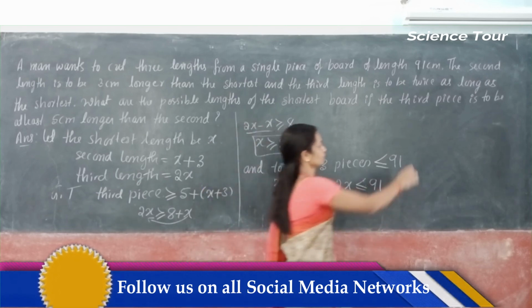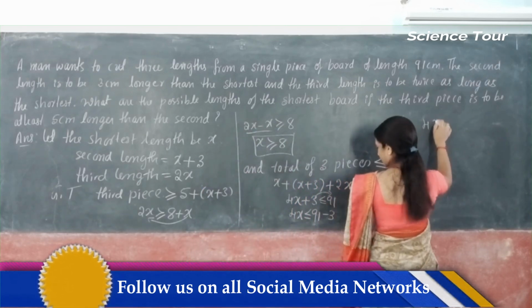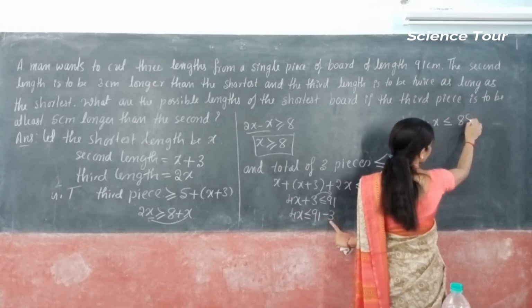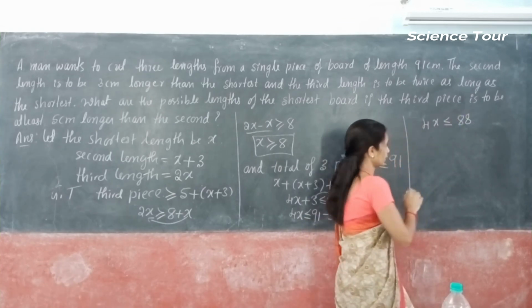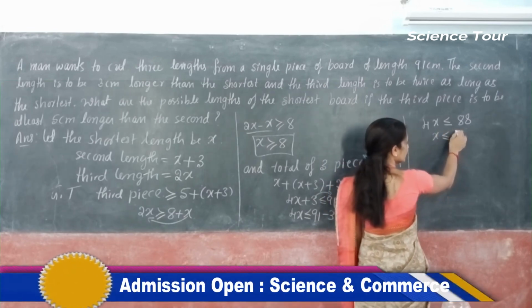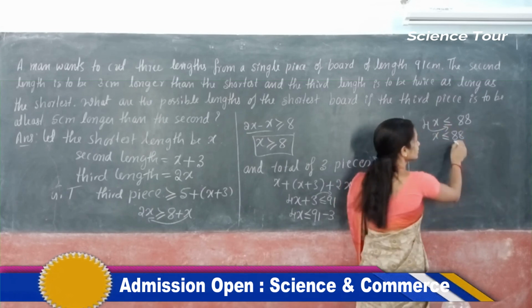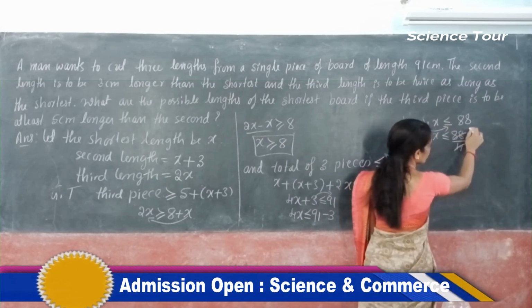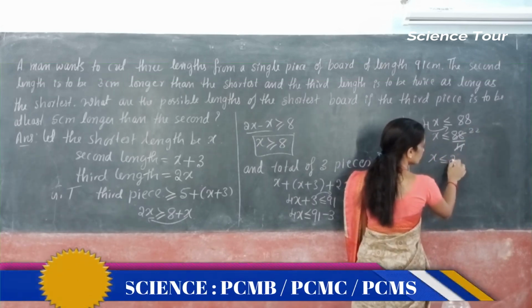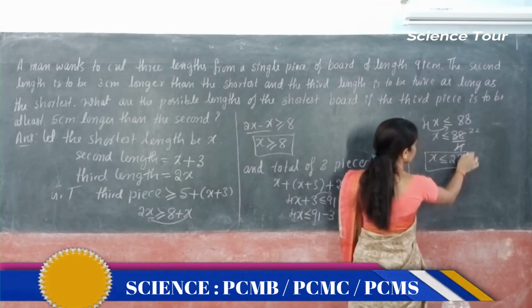Okay, so what we left with the 4x and less than or equal to symbol as it is, 91 minus 3, that is how much? That is 88. Okay, and keep only x on the left, less than or equal to 88 into 4, send another side as by 4. 4 ones 4, how many times? 4 22 times. So x is less than or equal to 22.